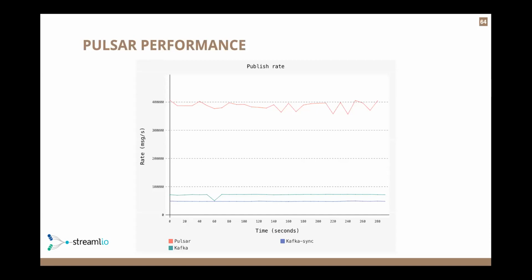The Kafka one at the bottom, they're using synchronous, so we force them to write all 3 copies to disk first. And you can see the rates are much lower. If you allow them to do asynchronous, they get some increased throughput, but across the board, Pulsar is just better. And again, I alluded to that earlier, the architectural structure was split across 3 different bookies to write the data, using a separate journal to have a separate read path, and using an fsync and journaling mechanism is how that's achieved.